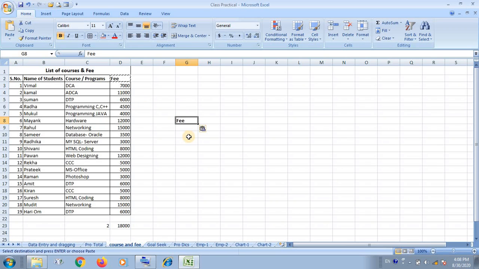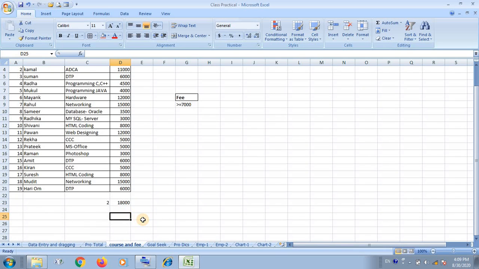I have pasted the field name, fee, and given criteria equal to the course name, the fee of those courses whose fee is greater than or equal to 7,000. I have to total that fee from this list.